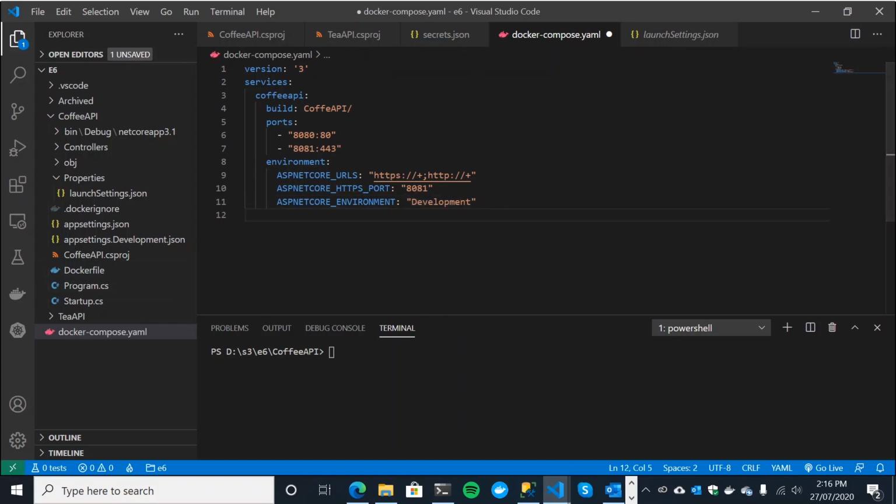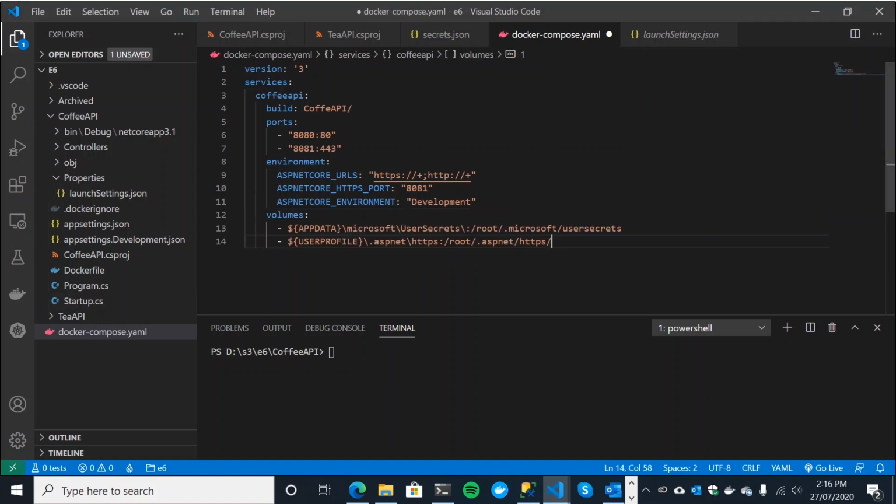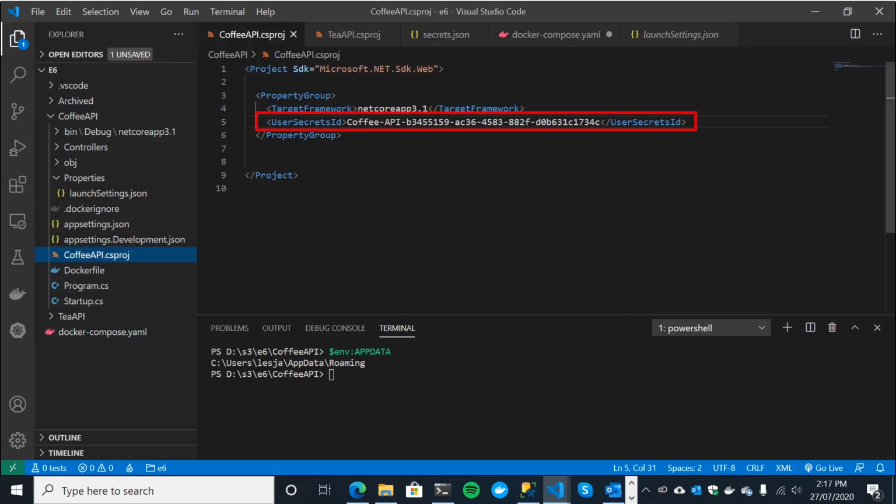And then we need to specify some volumes. So again, I'm going to copy that over and I'll explain them. If I type it in, I'm more than likely going to make a horrible mistake, so I'm not going to do that. So basically, what we're saying here, and this is where the user secrets and the certificate come into play. For this one here, we are saying use the app data variable. And if you want to see what that is, it's just in PowerShell, env app data. That's just C users, then AppData Roaming, then Microsoft user secrets. So find our user secrets file there for our coffee API. And again, that's where this comes into play and is important.